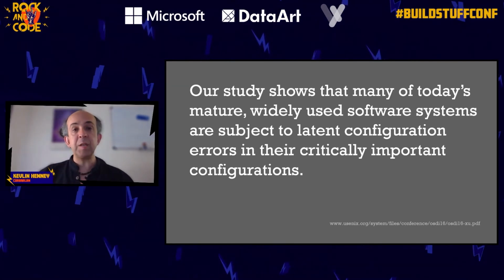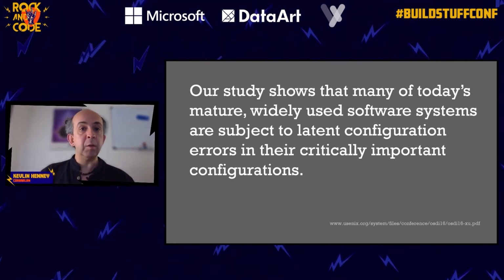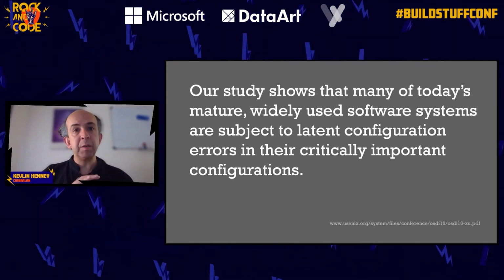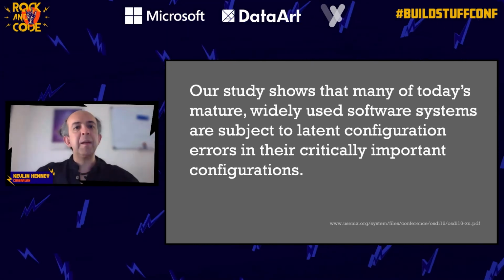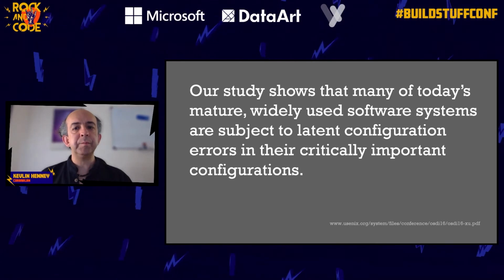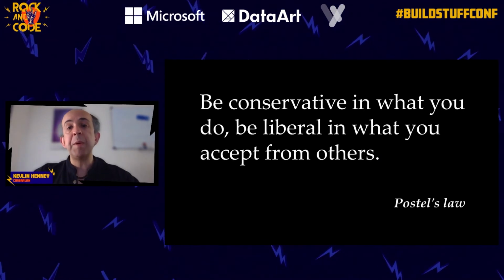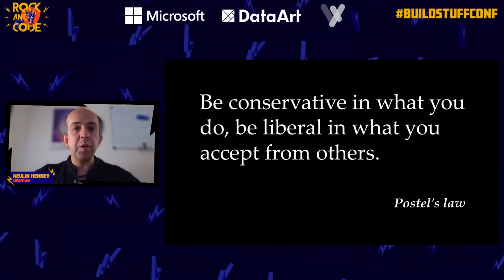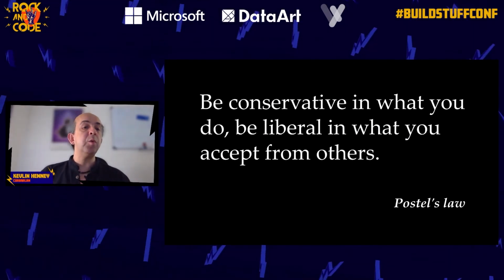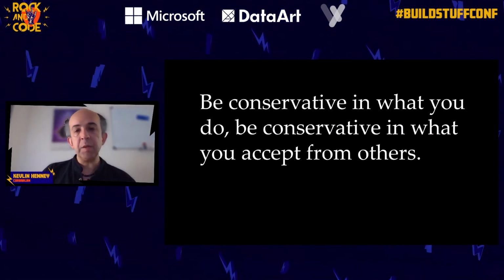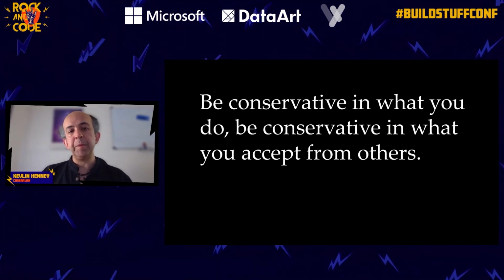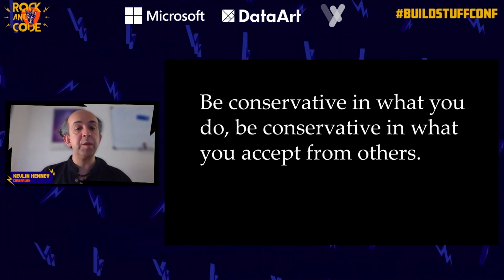There is no difference to having that external or internal when you look at it from a runtime point of view in terms of the behavior. So we need to expand our view of what we consider to be code. And perhaps we also need to go against Postel's law. Postel's law is often framed as: be conservative in what you do, be liberal in what you accept from others. I think we actually need to take this one slightly differently. Be conservative in what you do, be conservative in what you accept from others.